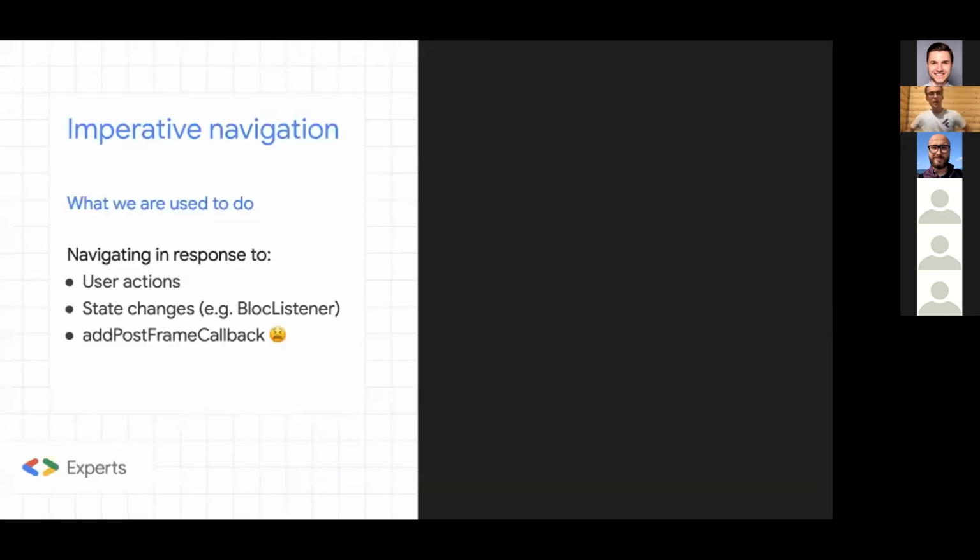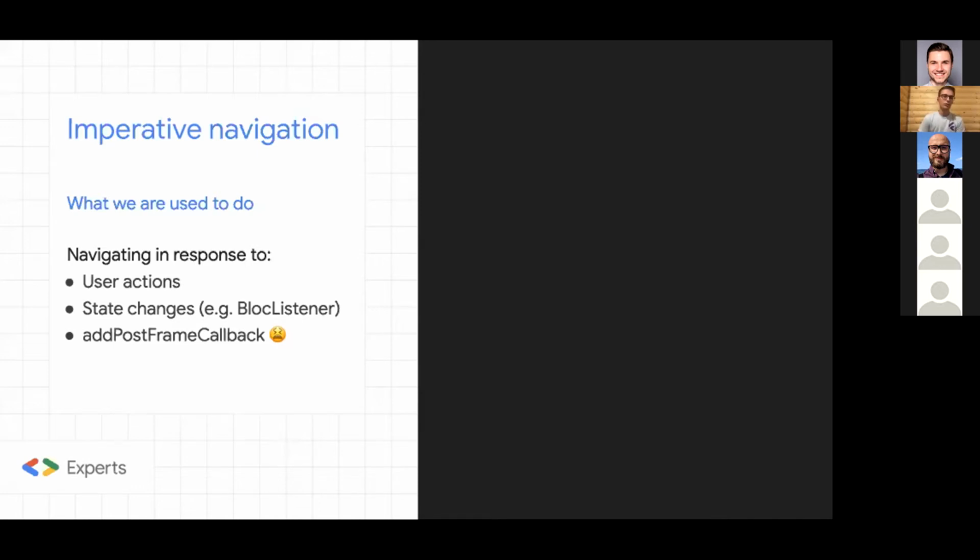So let's back up for a moment and recap. How do we manage pages in a typical fashion in Flutter? First of all, usually we respond to some user actions or maybe to some inner actions in the app by calling some special methods on the Navigator widget. For instance, when the user taps on a button or when some state in our bloc or in our change notifier changes, we call Navigator.push, pop, or whatever.